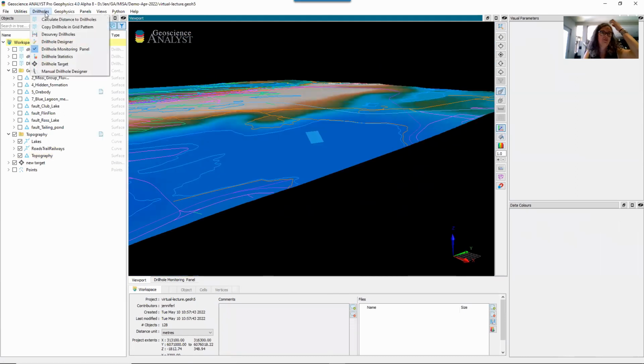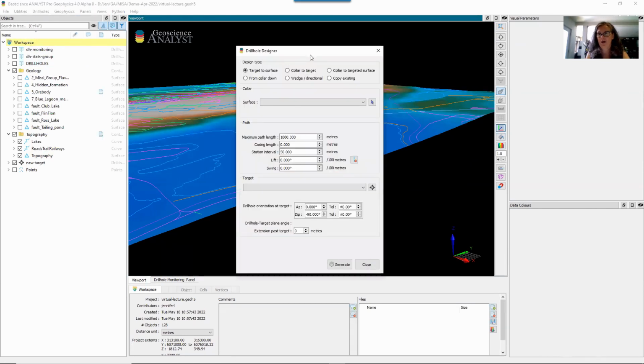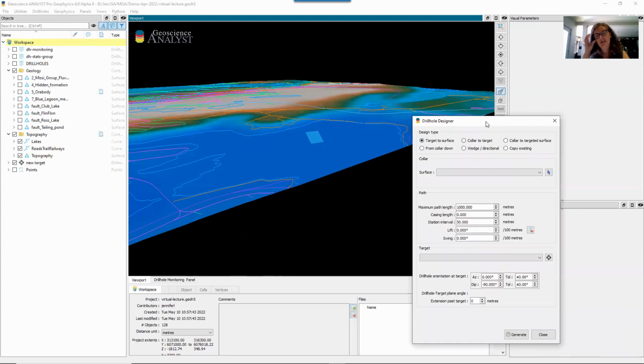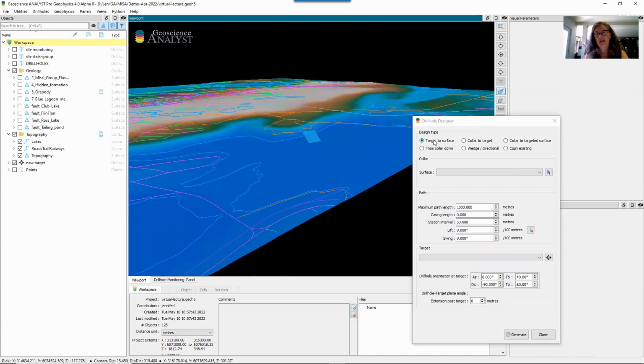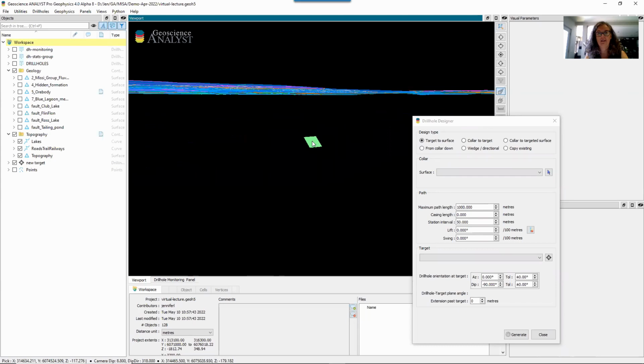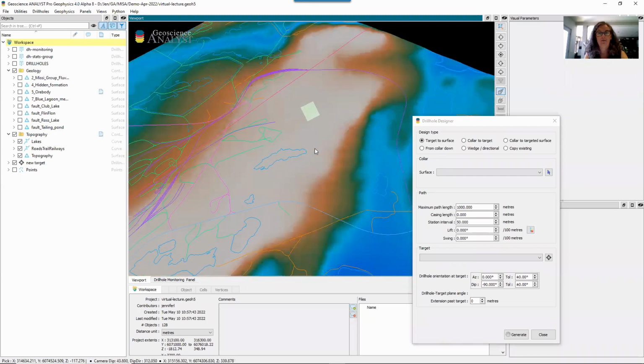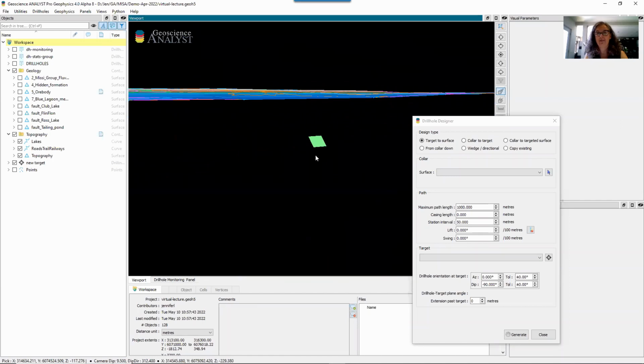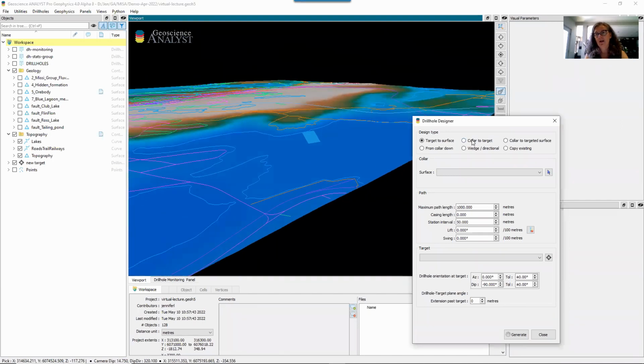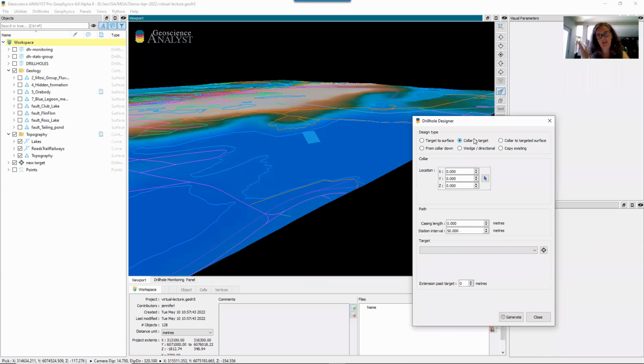So within our drill holes menu, we have quite a few new tools in here. Drill hole designer has been around for a while. Here we've actually extended upon some existing functionality and added new ways to plan drill holes directly within our viewport. We have target to surface to calculate a drill hole from a target location to, say, our topography, to maybe better locate a drill hole collar from a non-desirable location, a direct collar to target tool, a straight line between 2 points,